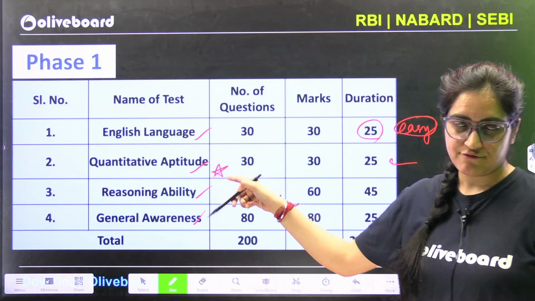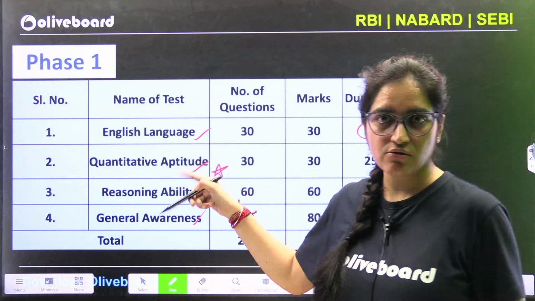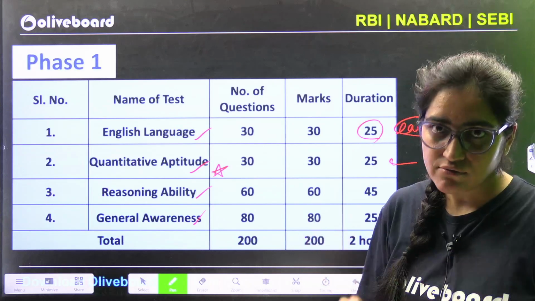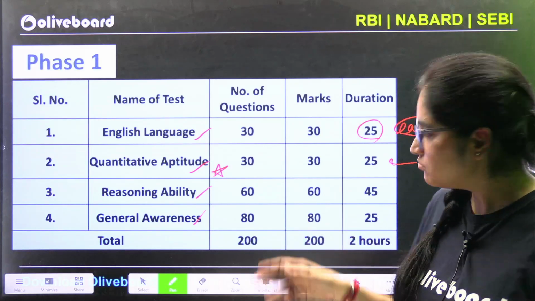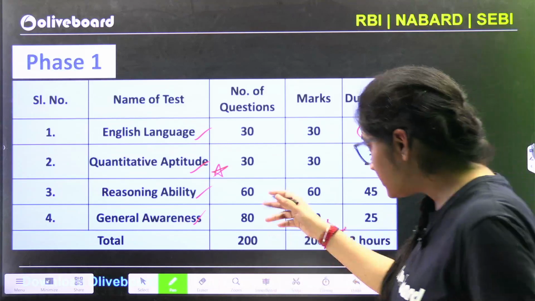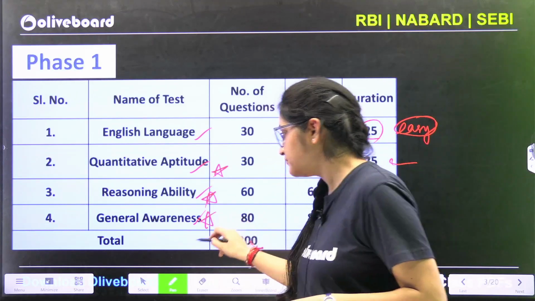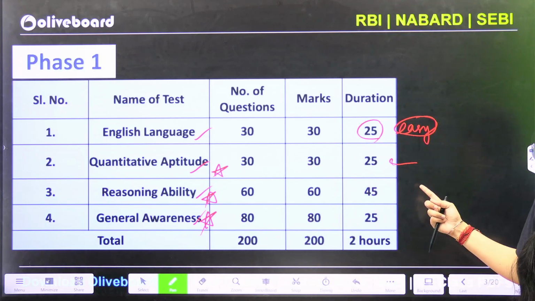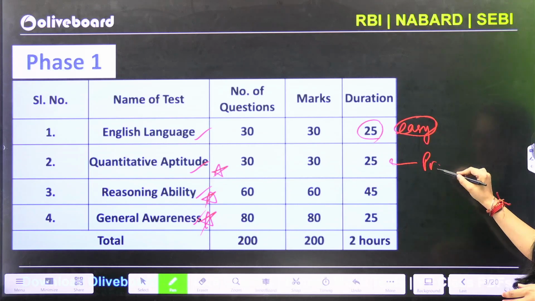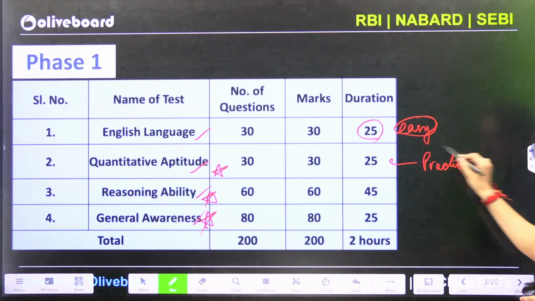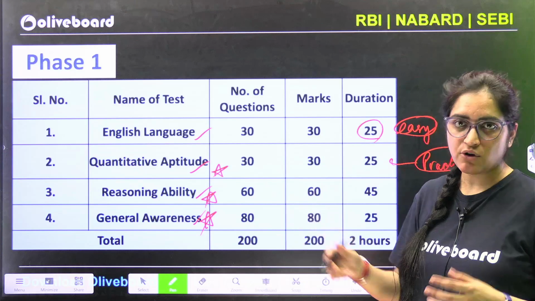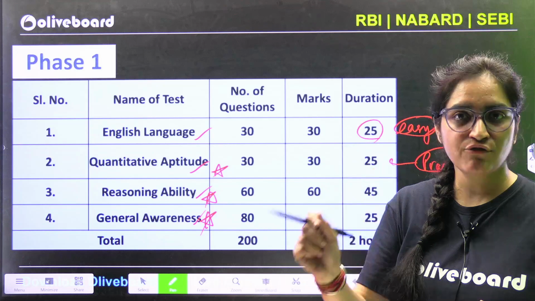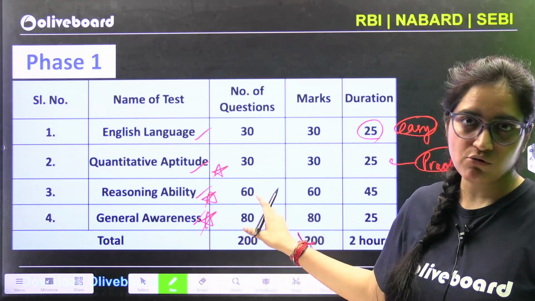This was tough. At least last year it was tough, and a similar pattern you can see in the cutoff as well. Last year की cutoff significantly गिरी थी. क्यों? Quant, Reasoning and GA. English तो आसान था, but Quant was not that easy. It requires practice. If you are not able to pick the right amount of DI, the right question, if you are not able to target, you will not be able to clear.